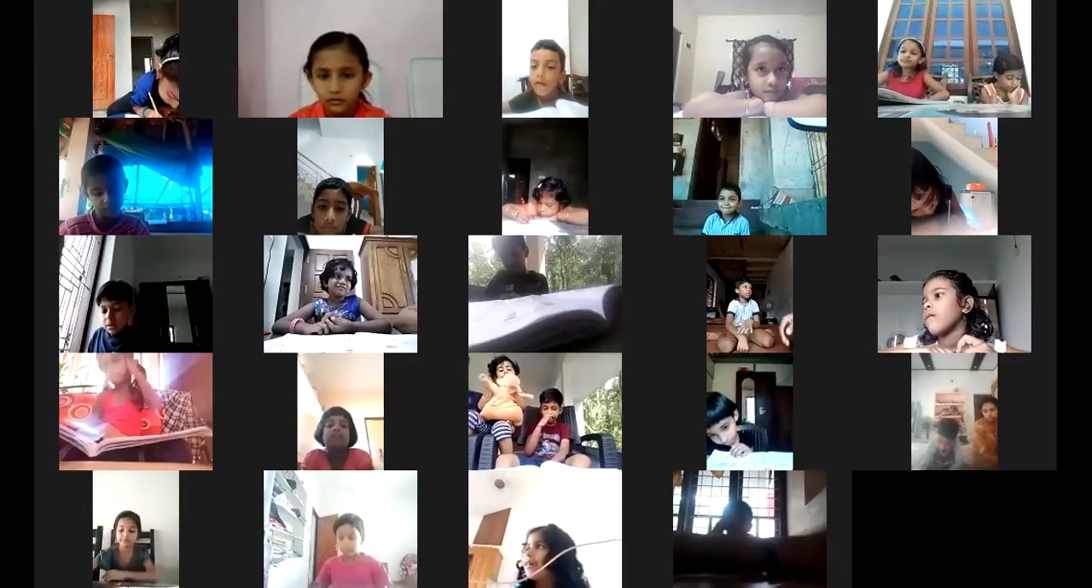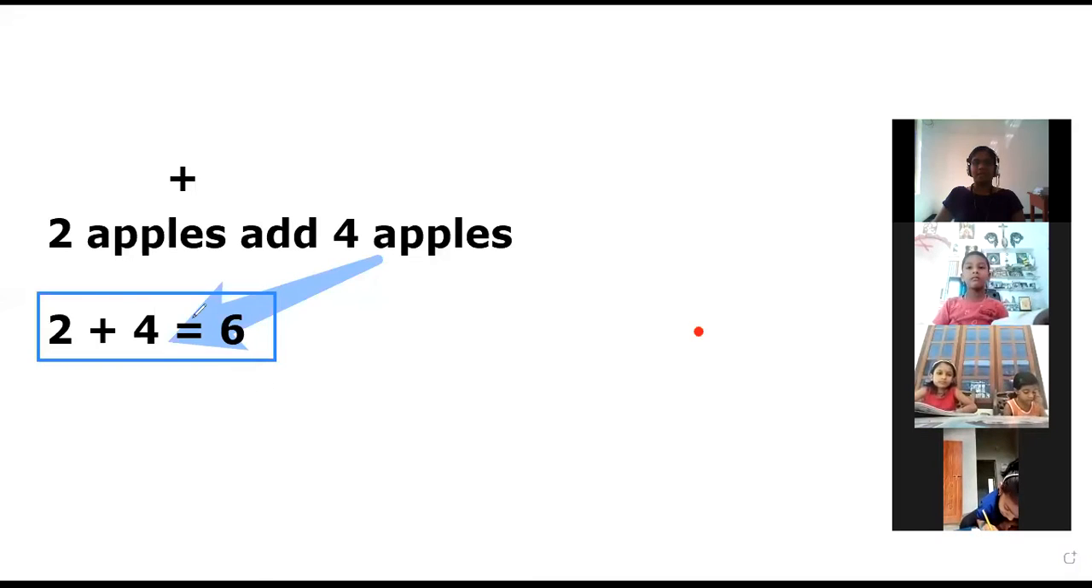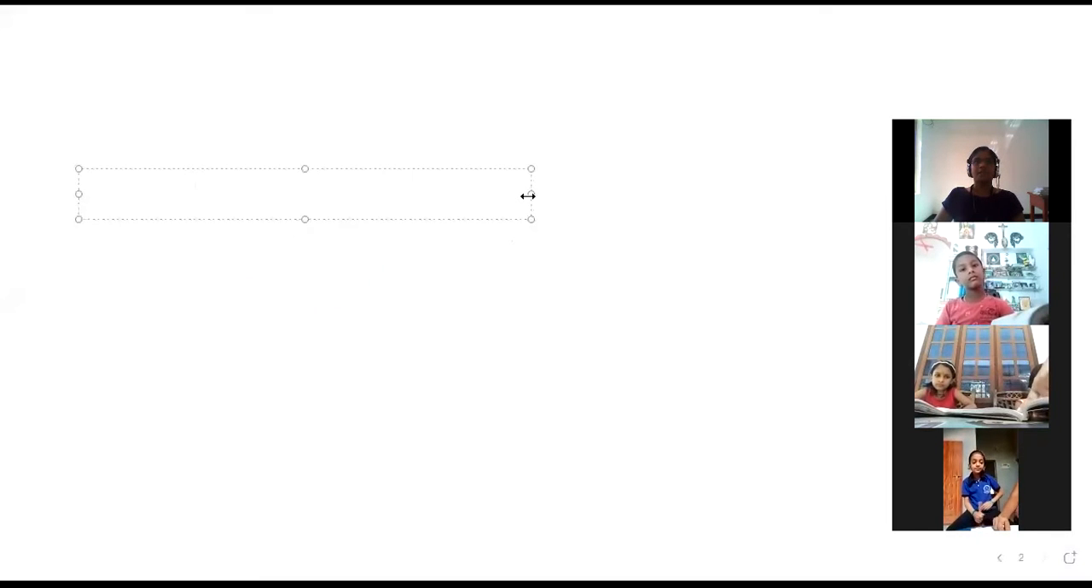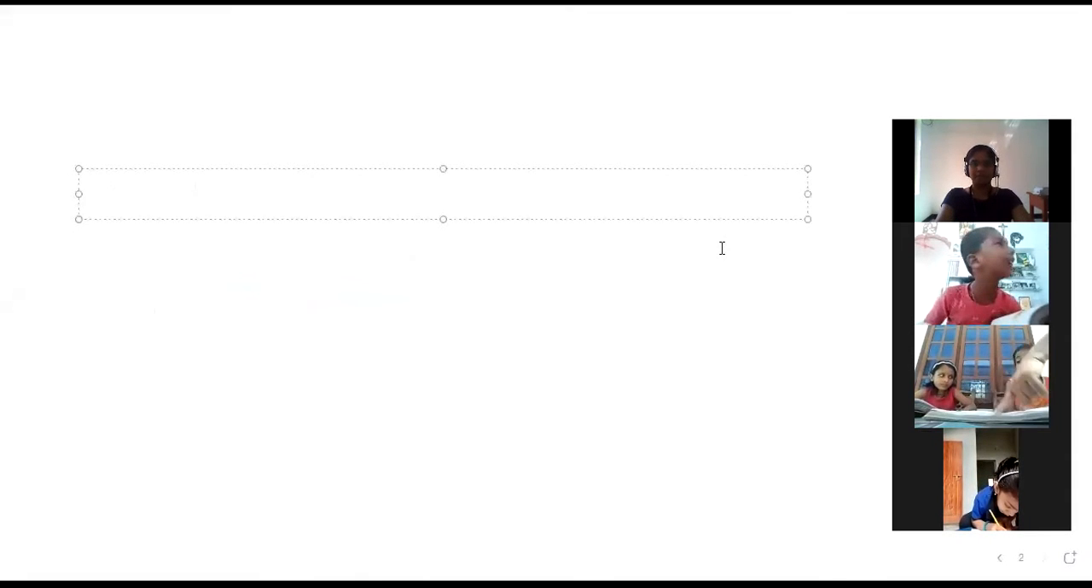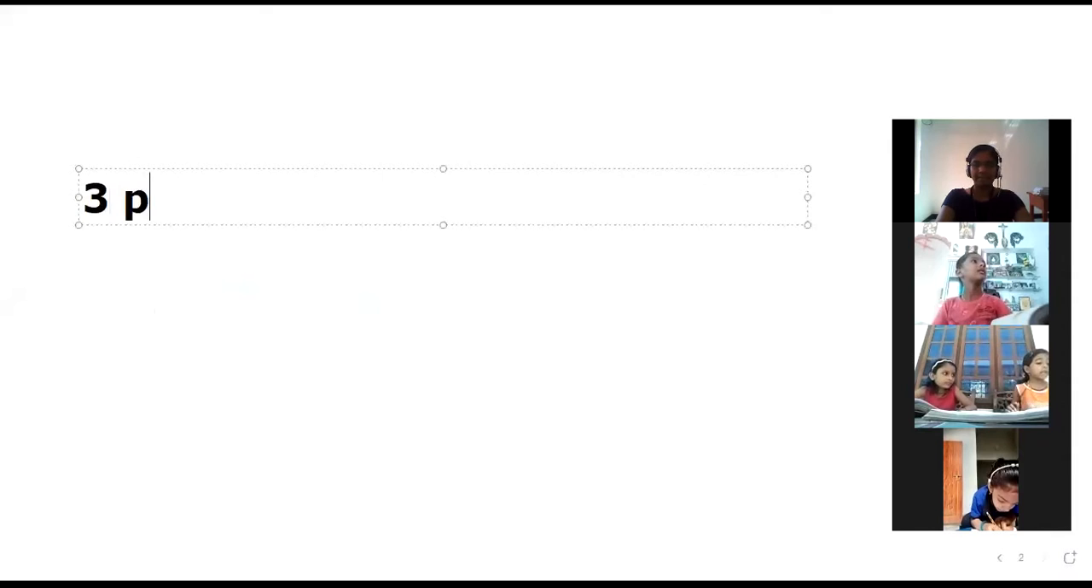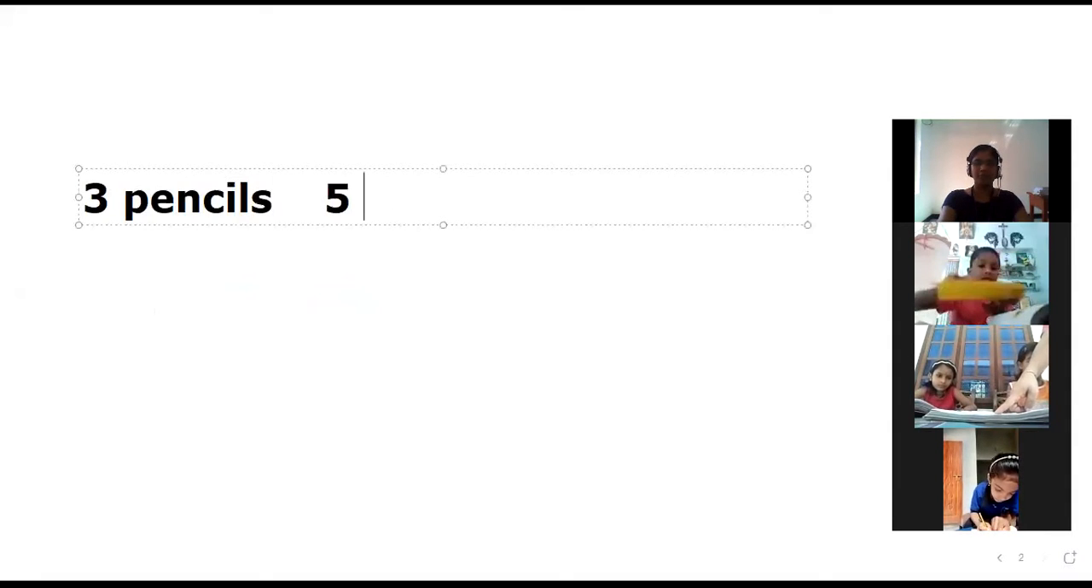Okay, let's continue. It is the method of addition. Take another example. If we have a group of 3 pencils and another group of 5 pencils,